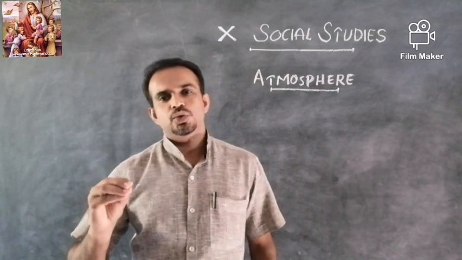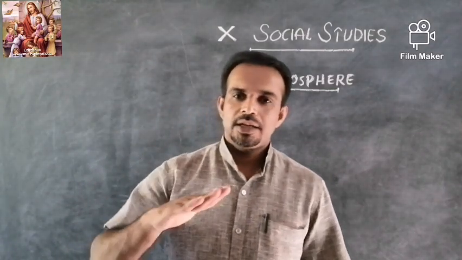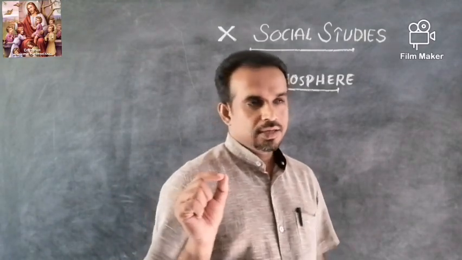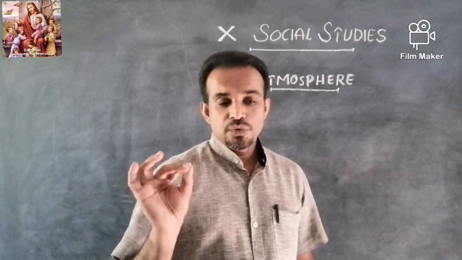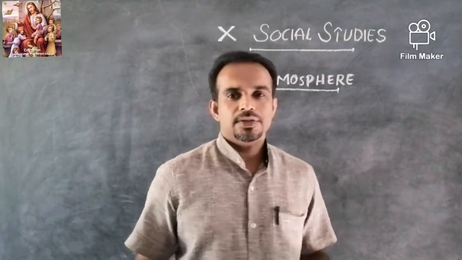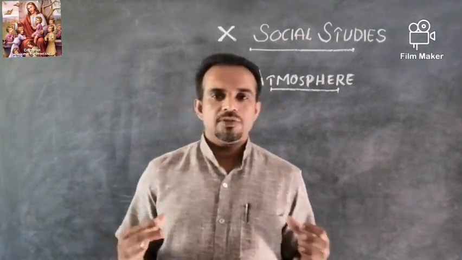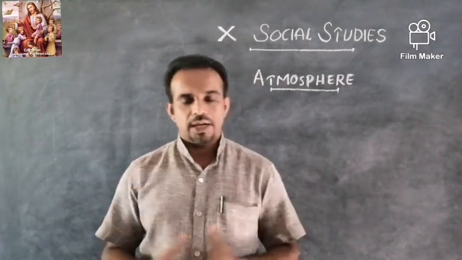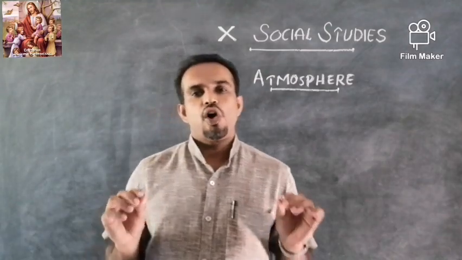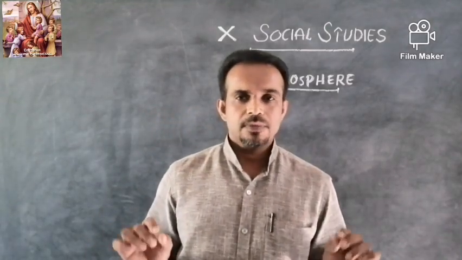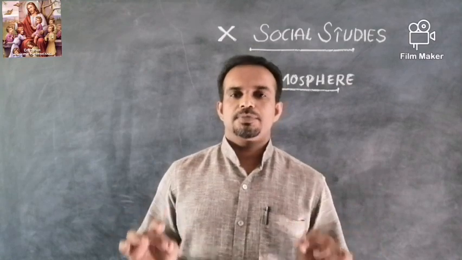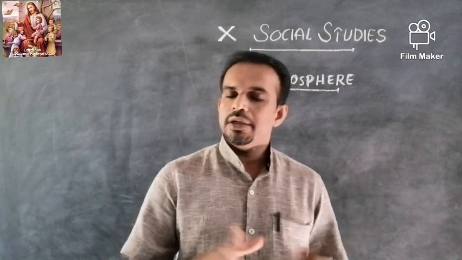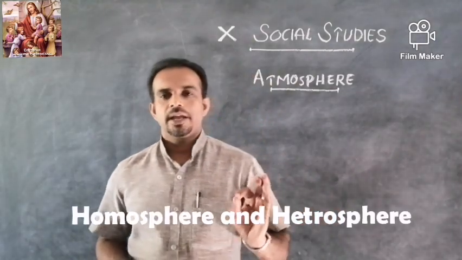It is divided into various layers, and classifying the layers is very difficult. Identifying the layers of the atmosphere is very difficult, and scientists do this by sending air balloons and with the help of satellites. As per all these efforts, according to the chemical composition, the entire atmosphere is divided into two layers: homosphere and heterosphere.